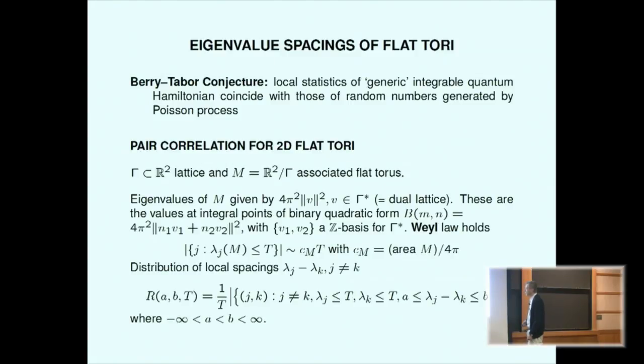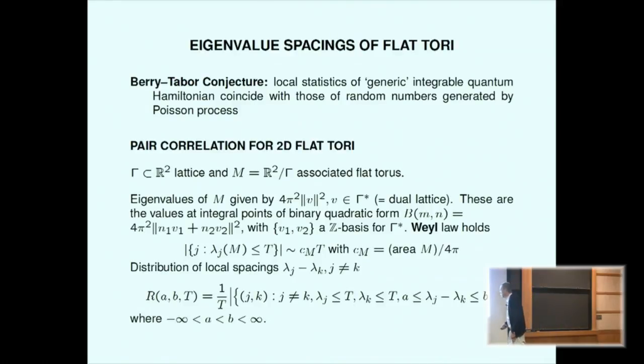n1 and n2. So at that stage we only have 2 variables, which are n1 and n2. Well, that quadratic form, so there is no mystery about these eigenvalues. That quadratic form evaluated at integer n1 and n2 gives you all the eigenvalues. And we have Weyl's law,